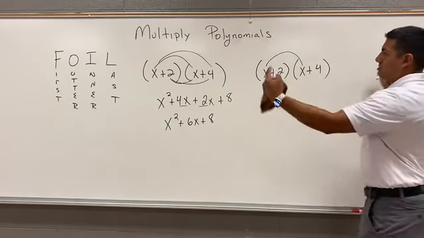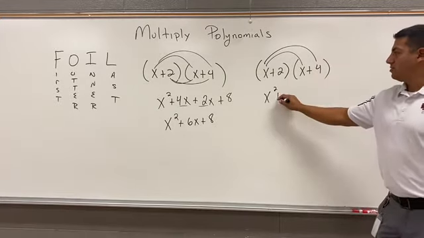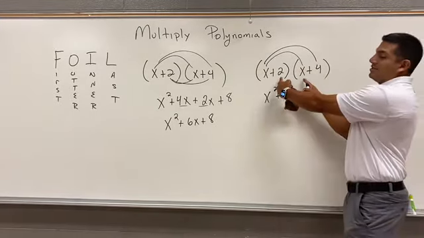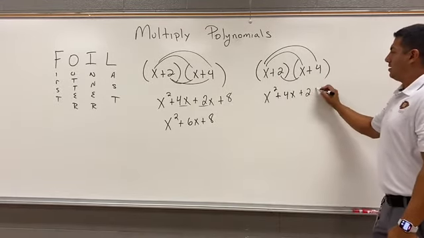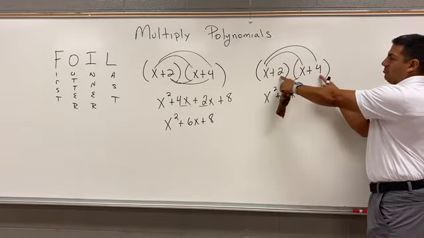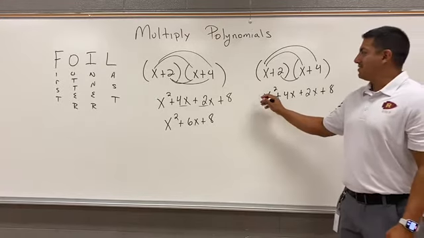The outer terms are the two terms on the outside. So we have x and 4. So we get 4x. The inner terms are the two inside terms. So we have 2 and x there. And then the last terms are the last of each of the binomials. So then we have 2 times 4, which gives us 8. So if you notice, we have the exact same